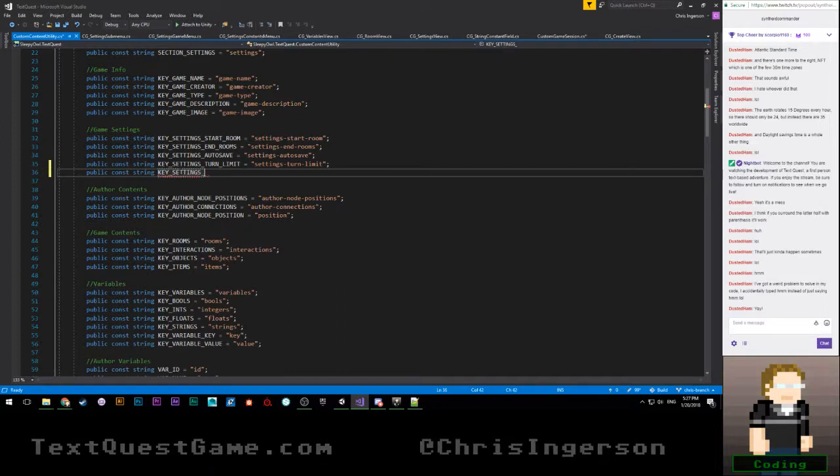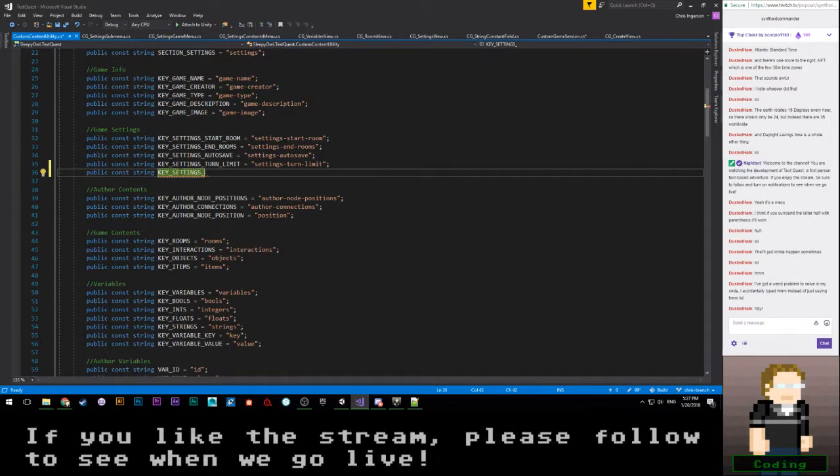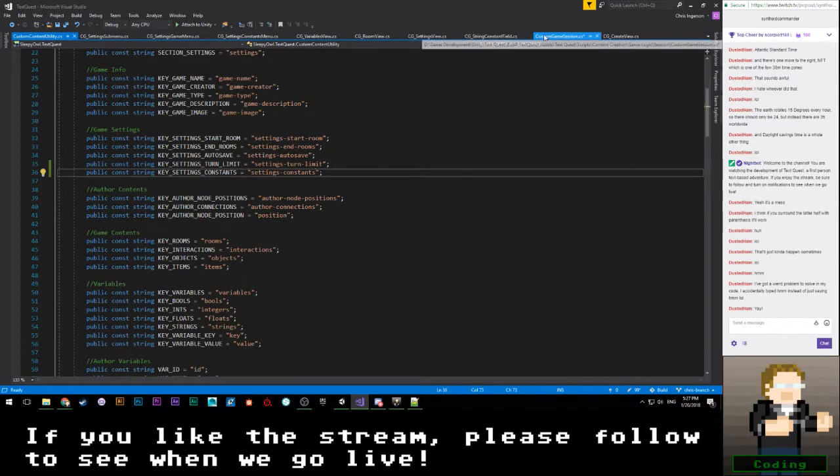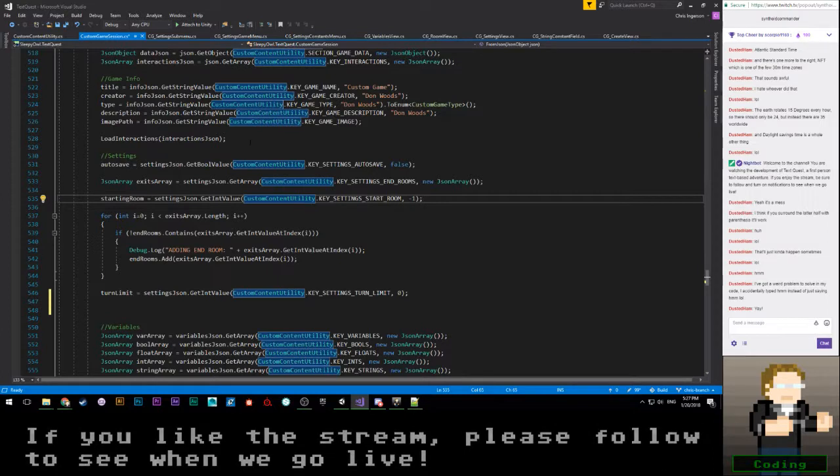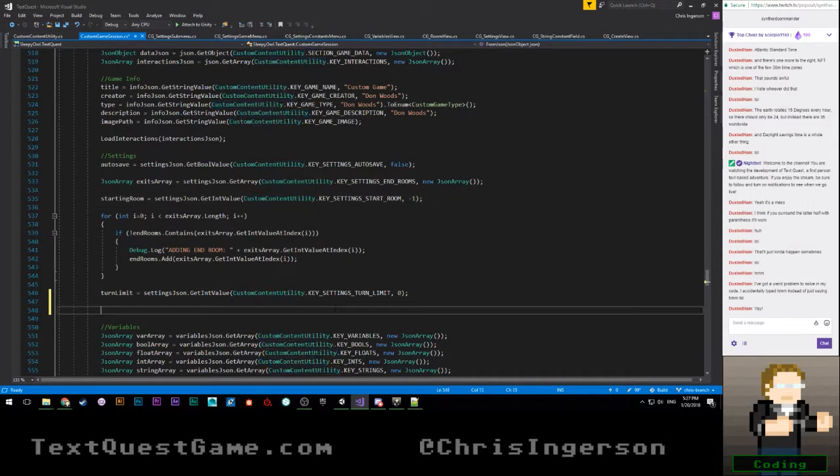Settings, and then what do I want to? I guess we'll call this constants. So settings dash constants. Okay, let's go ahead and move this over to the left so that I don't have to constantly hunt for it. So here we're going to make a. It wouldn't be an array. I guess it would be better to make it a.